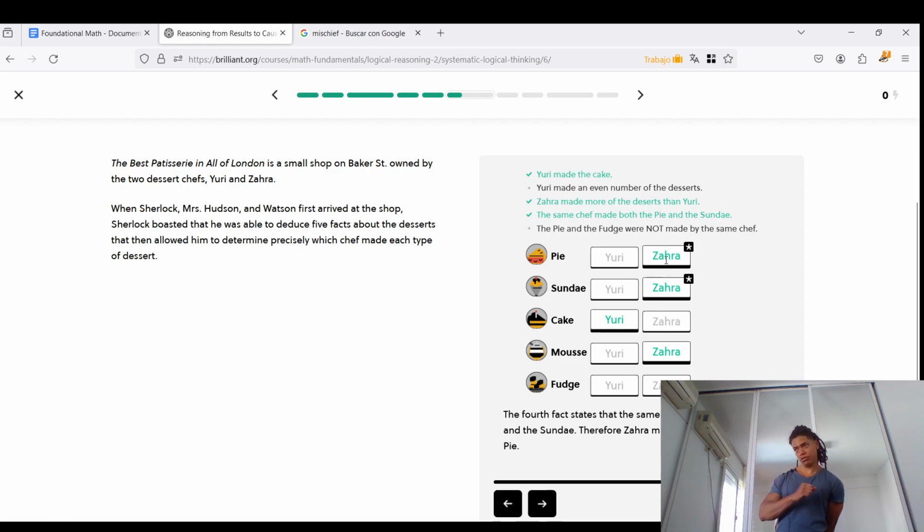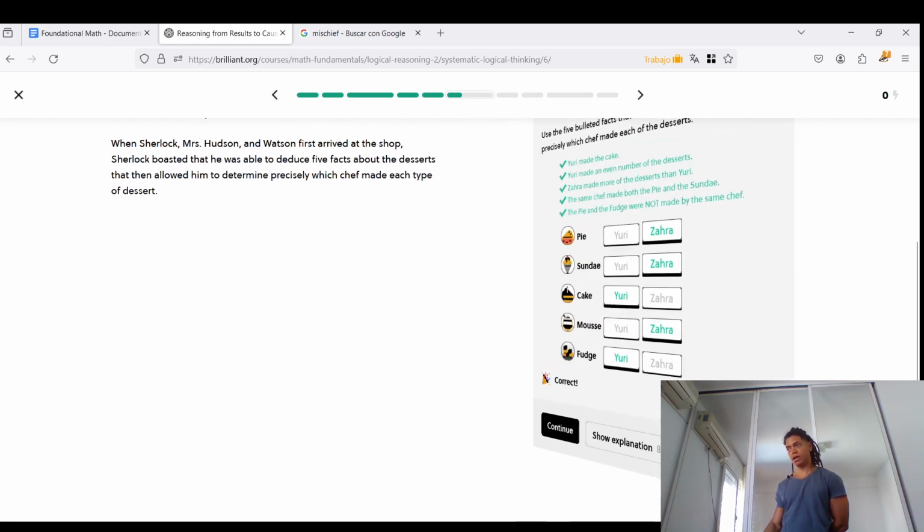Now that satisfies that condition, that relationship. And finally, the pie and the fudge were not made by the same chef. It means that Judy makes the cake and the fudge. And that satisfies all of these conditions provided by